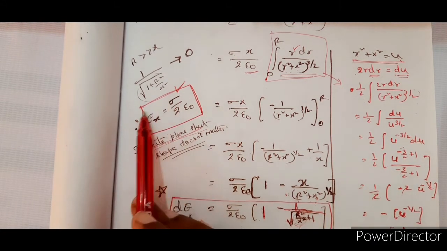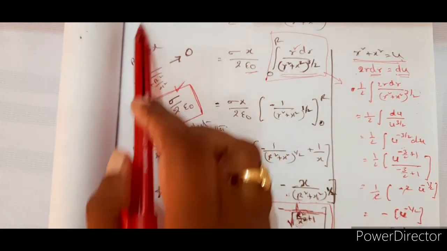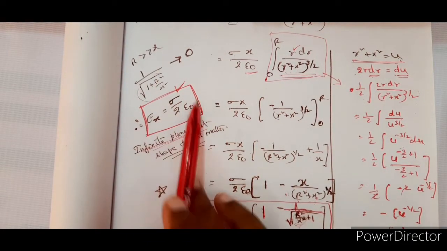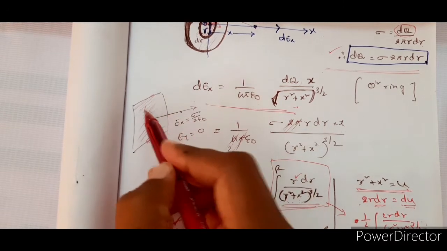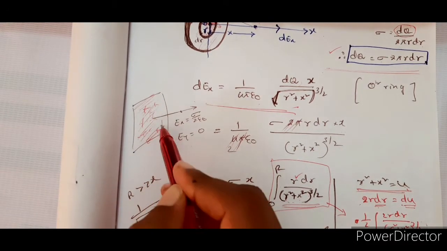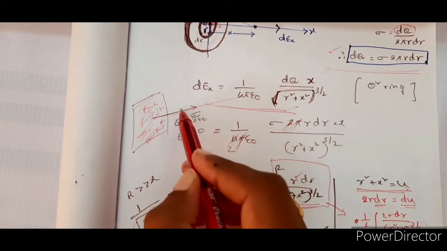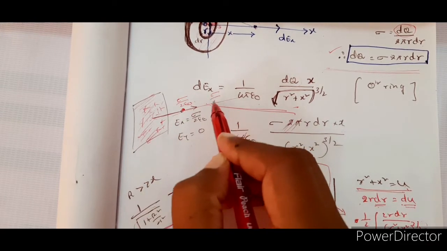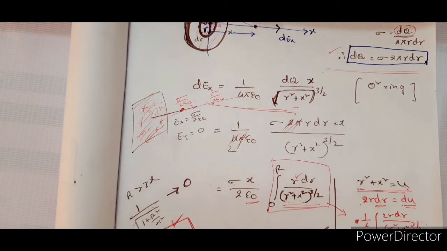And this E is constant at every point, directed perpendicular to the plane of the sheet, and it is always constant, immaterial of the distance. That means if there is an infinite plane sheet which is positively charged, I am taking positively charged to show you the direction. So the direction is like this. Here also it is sigma by 2 epsilon naught. Here also it is sigma by 2 epsilon naught. So wherever you take, when you talk about an infinite plane sheet, it is sigma by 2 epsilon naught.